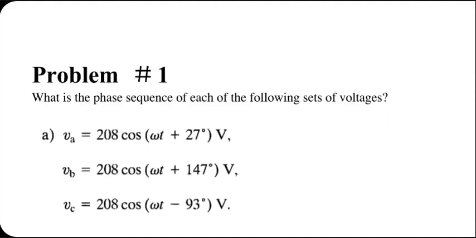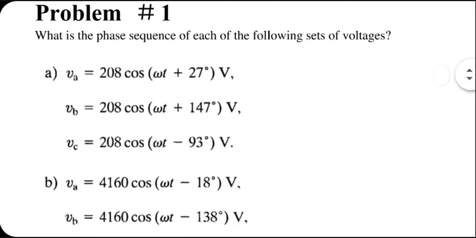And then if you continue the same trend, you would get in phase C 147 plus 120 degrees. So 267 degrees. And from there, you are allowed to either subtract or add 360 degree anytime. So if from there you subtract 360 degrees, I think you will get minus 93 degrees. So it looks like it's a negative sequence. That's the way I look at it. Let's see the solution.